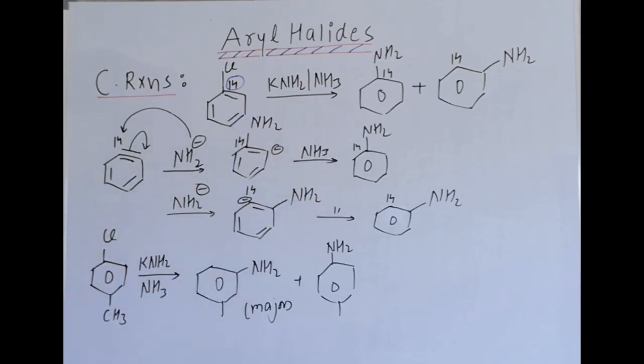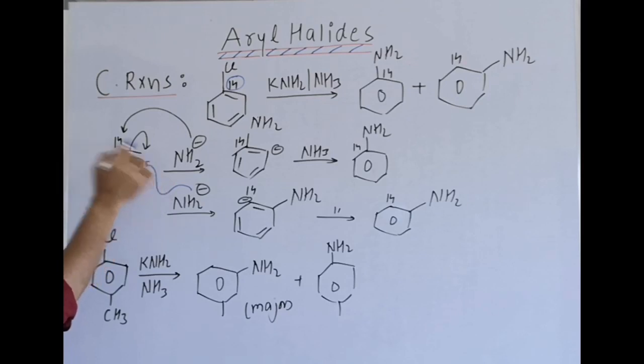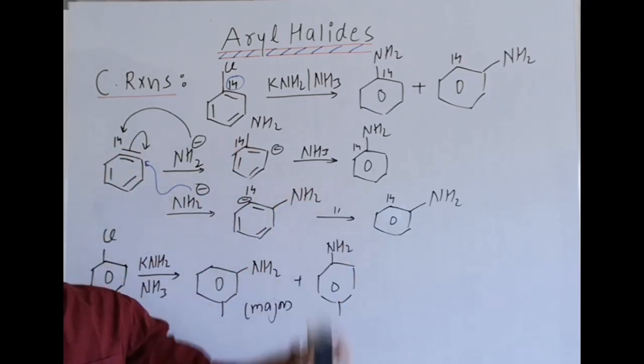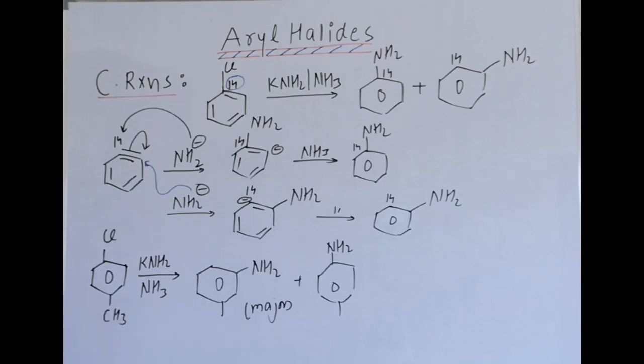The second possibility is that these pi electrons shift to the opposite side, giving minus charge on C14 and C12 becomes deficient, and NH2 minus will attack C12. That is why there are two possibilities and we are getting two products. Similarly, you can try the next question in the rough notebook. You may write down its mechanism in that way also, because the moment you try, you will understand it.